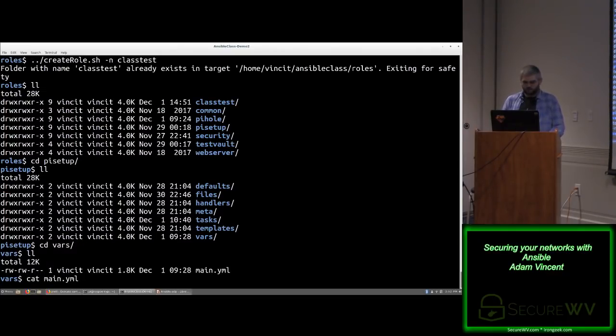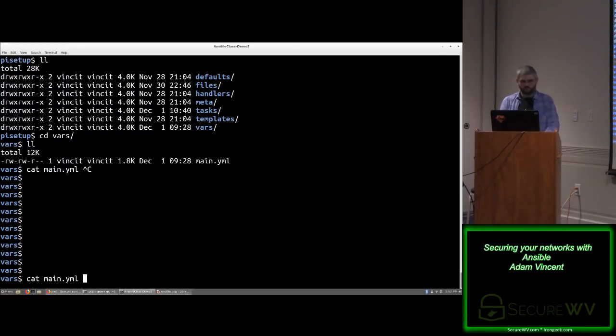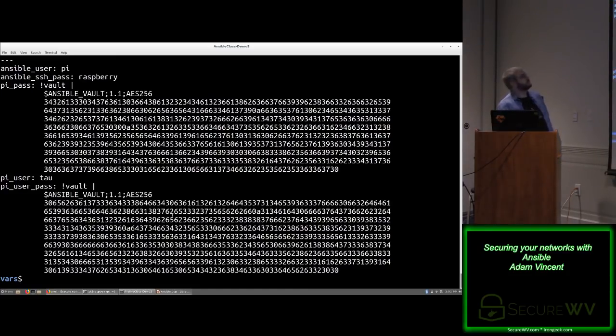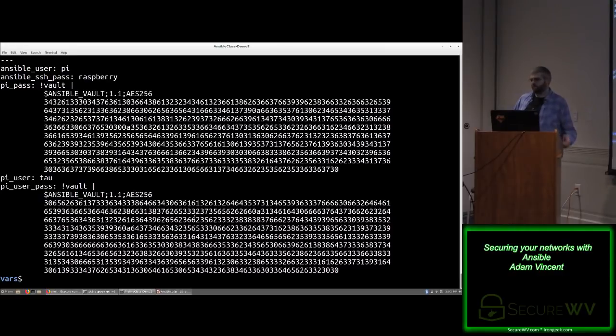So, in PySetup, really the interesting thing I have in here is tasks. Actually, sorry. First, I'm going to go into vars. Vars is the other really, really interesting thing. Even in vars, you have a main.yaml. Any variables that you need inside of your specific role go into main.yaml or, again, import, include,